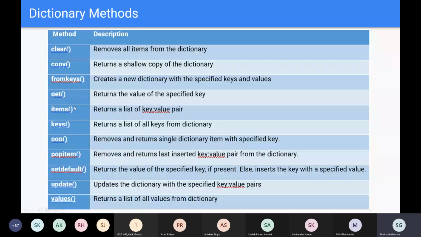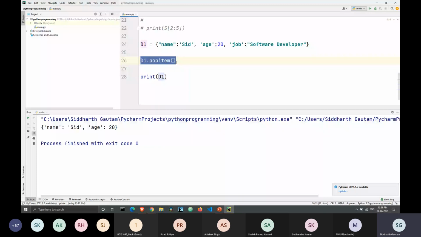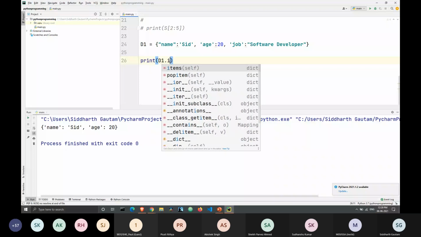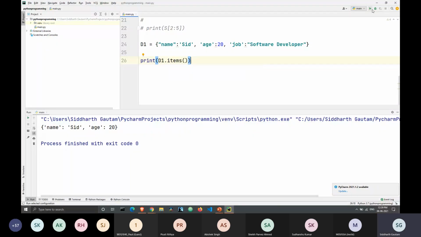Let me remove the item which I've popped. If I try to print d1.items() and run this, the output is the dictionary, but as you can see, the format is a little different, right?